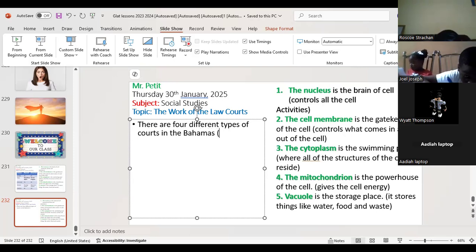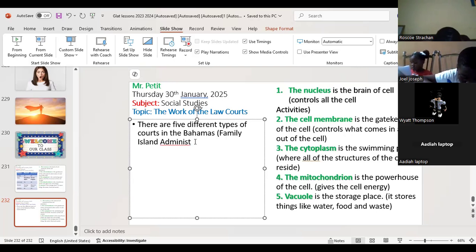You have the Family Island, Magistrate, administrative court, Juvenile. We didn't reach that yet. Have we talked about the juvenile? We haven't even talked about the juvenile. No, not four, five. Let's start off with the